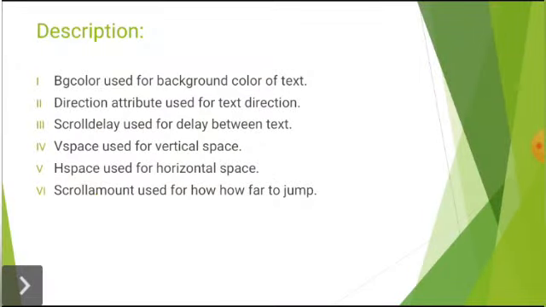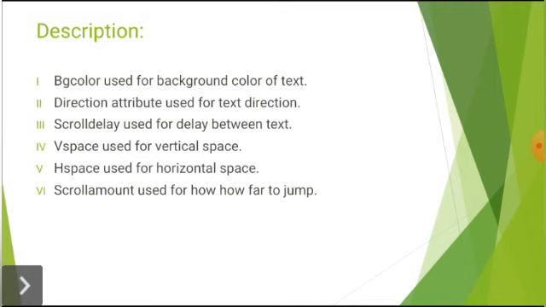Description: the BG color is used for the background color of the text. Then direction attribute is used to give the text direction: up, down, left to right, right to left. Then scroll delay is used to delay between the text. Then V space attribute is used for vertical space between the text.